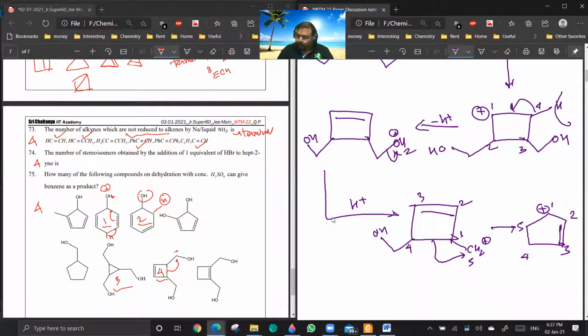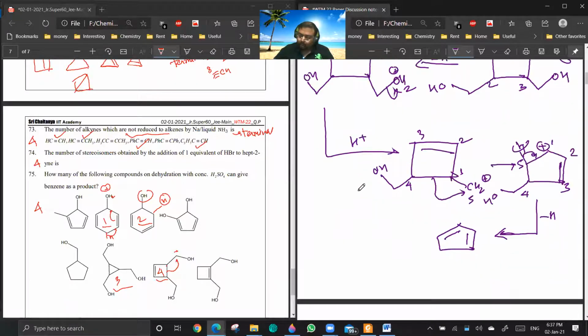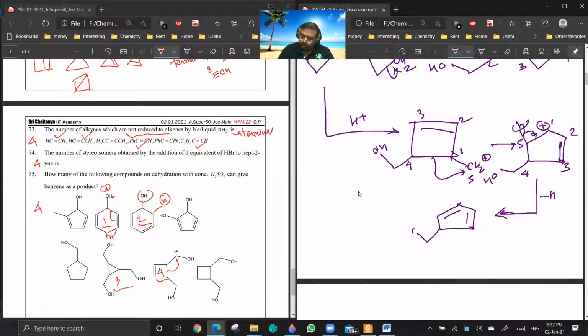Okay, then the fourth carbon is having an OH group, and this is having a hydrogen. You lose an H plus and form a conjugated diene. Are you getting up to this? Yes or no? Again, H plus will convert this to OH2 plus. This will go out. You will be getting